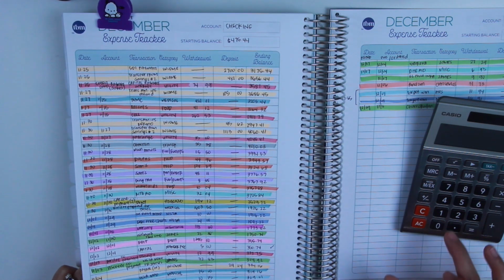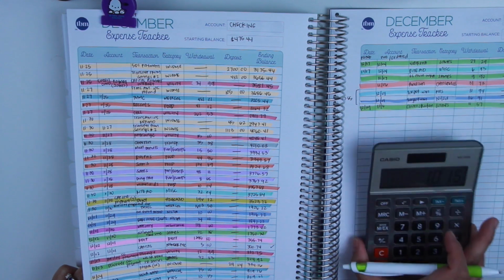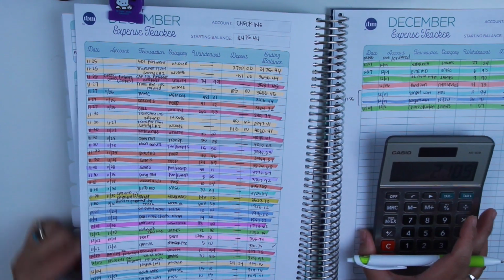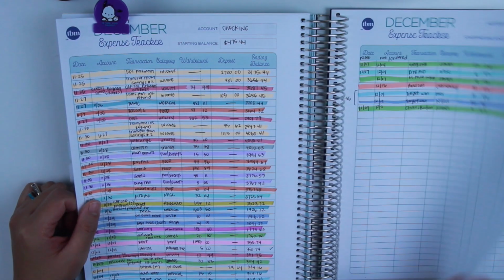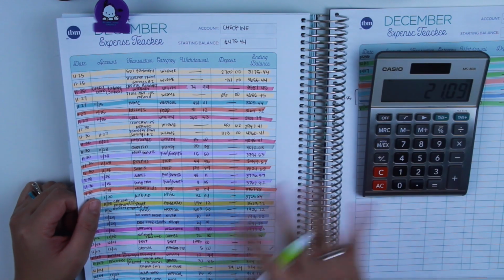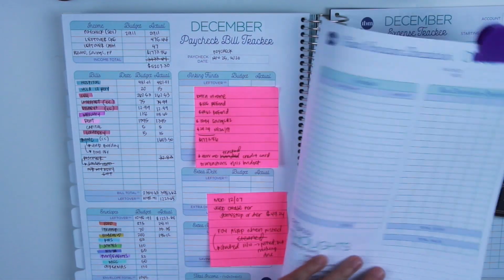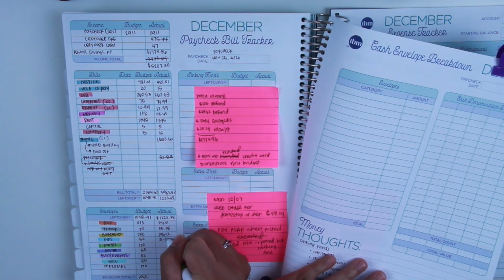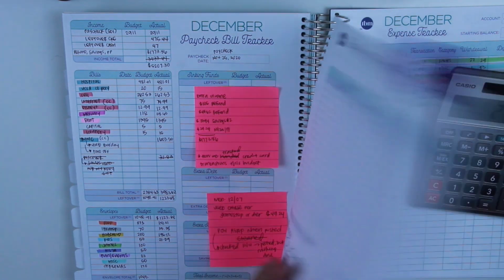I believe it's just these. I just have two. This is where the highlighter method comes in handy, because I've already memorized the colors, so when I'm adding these all up, I can just look for the colors, and it totally helps. So $21.09. And then